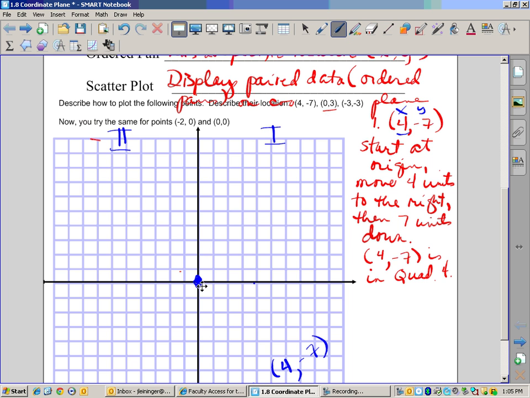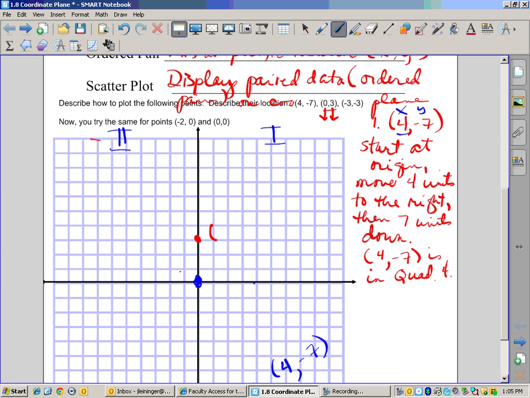Again, we're going to start at the origin. We are going to move 0 units on the x-axis. We're going to stay right where we are. And now we need to move on the y-axis. 3 is positive. Remember, we're doing this ordered pair. Start at the origin, move 0 on the x-axis, and we're going to move in the up direction, 3 units